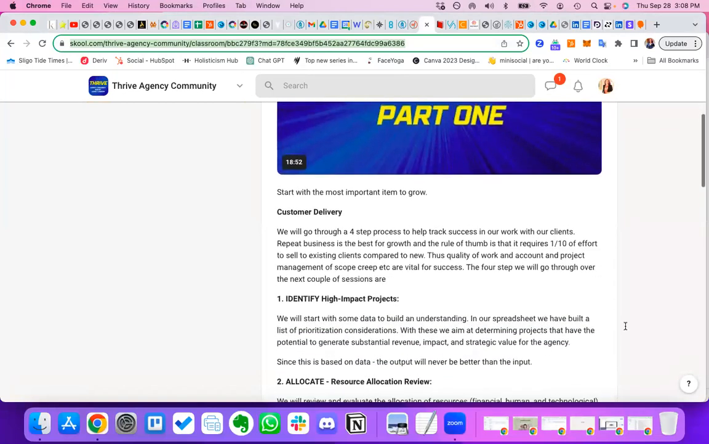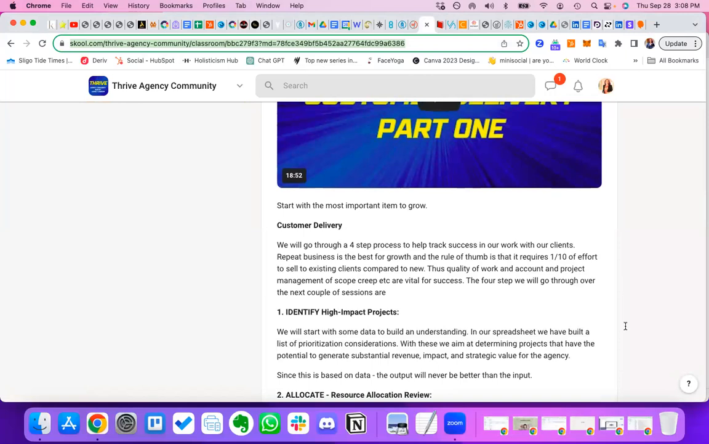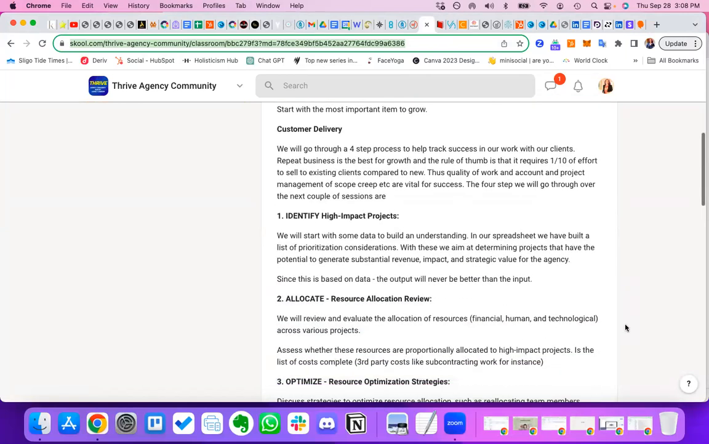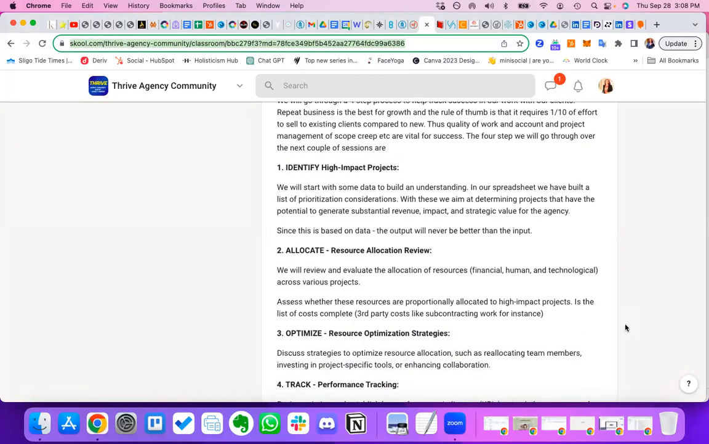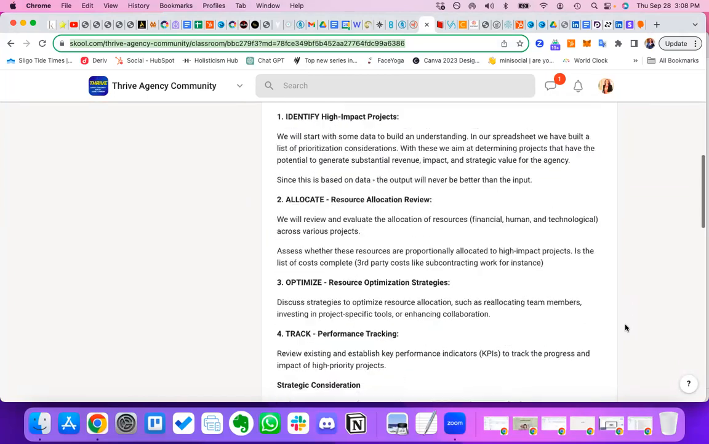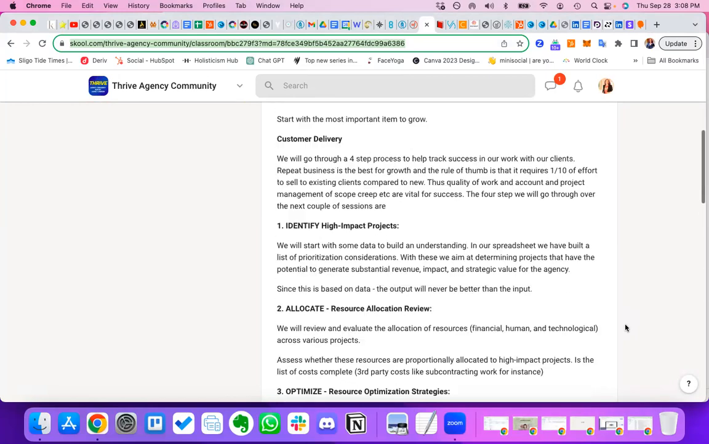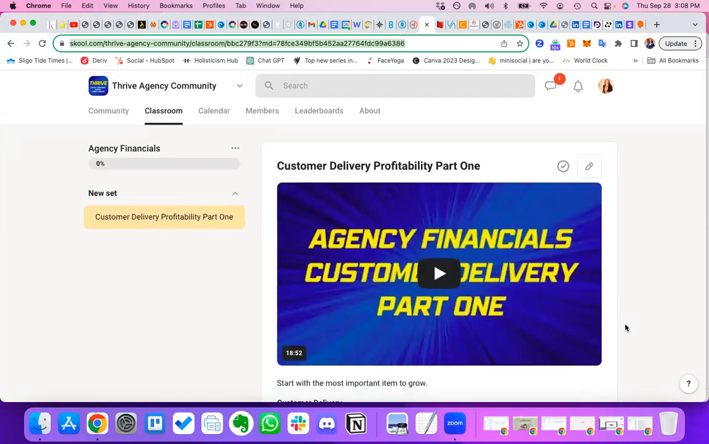Yeah, this is what we're covering in 4 parts. We're going to identify the high impact projects or clients or retainers, then the resource allocation review: have you got the right resources supporting them? Then we're going to go through optimize, looking at all the different strategies for that, and then the tracking and the performance. So I'll send you this link inside the school,